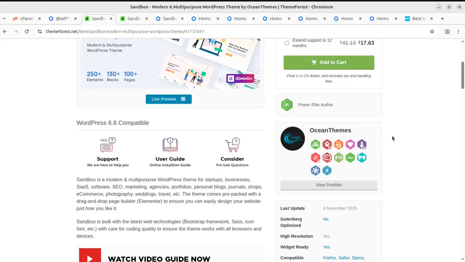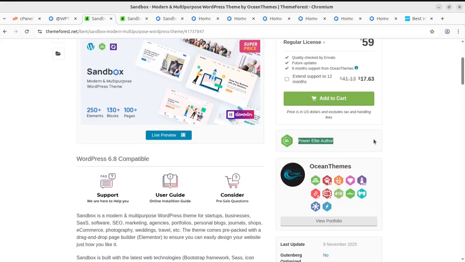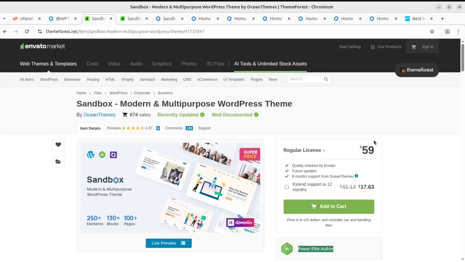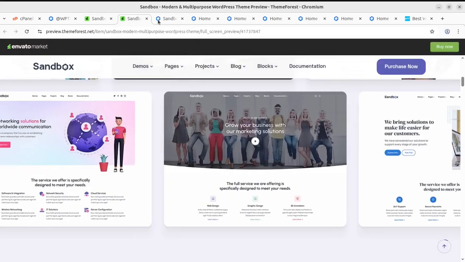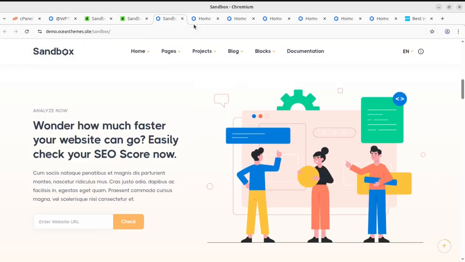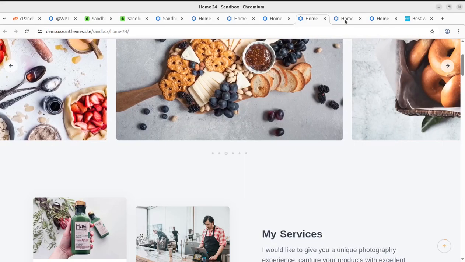And it has been developed by Ocean Themes, and of course, they are a power author at themeforest.net. You can simply buy the theme through the video description link at themeforest.net, and you need to spend $59 for this. But yes, before taking this decision to buy this theme or any other theme, you need to watch the complete video